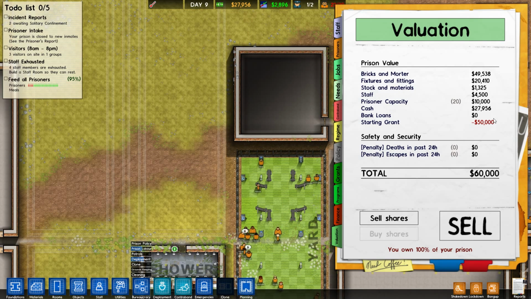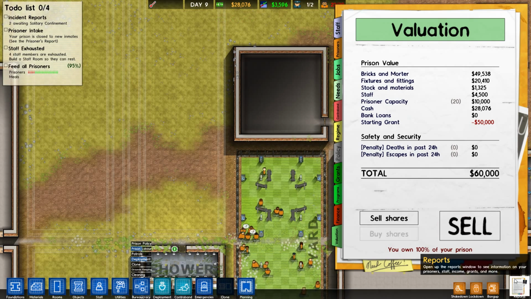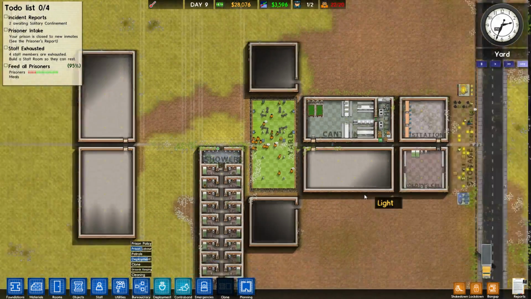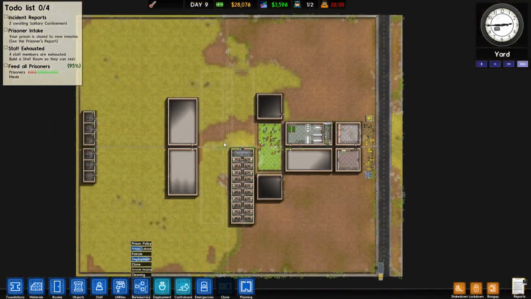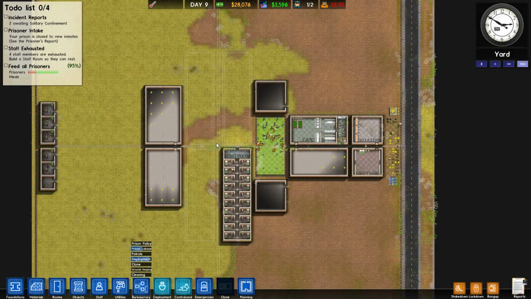And at the moment, we've got quite a lot of money from actually building things, and we've got the £50,000 starting grant, which is taken by 50. So our actual valuation at the moment is 60,000. However, this will increase quite a lot. And what I always suggest doing is just keeping an eye on this and set yourself a challenge. So £250,000 is not going to be too difficult to achieve. But when I built my previous big prison that I spent quite a bit of time playing,